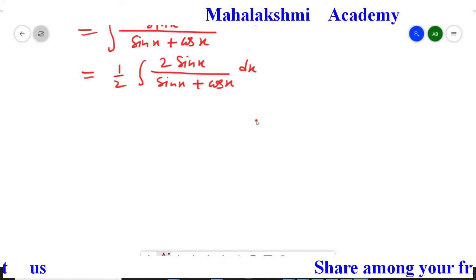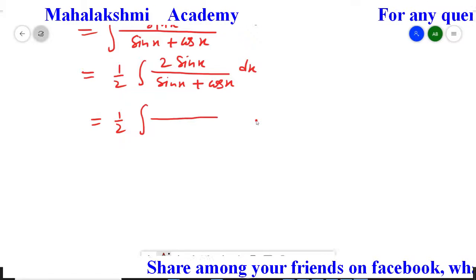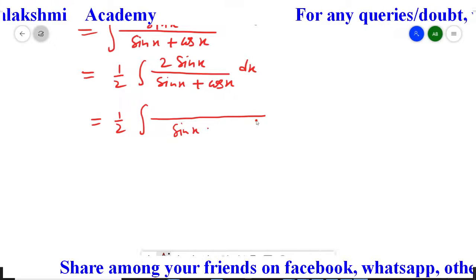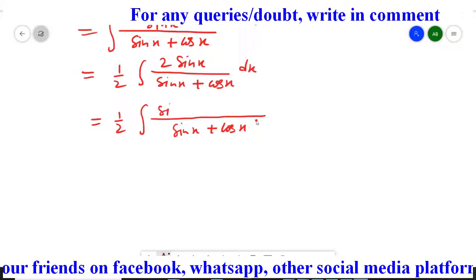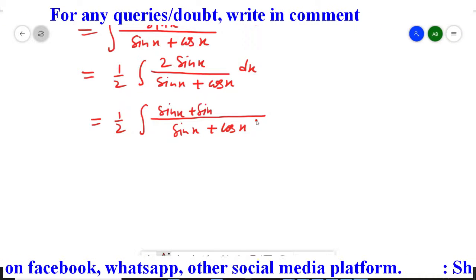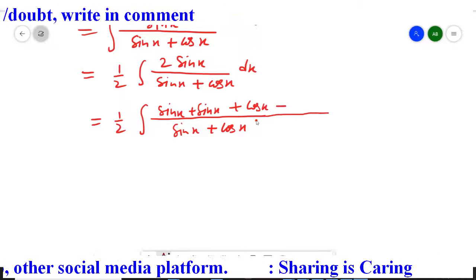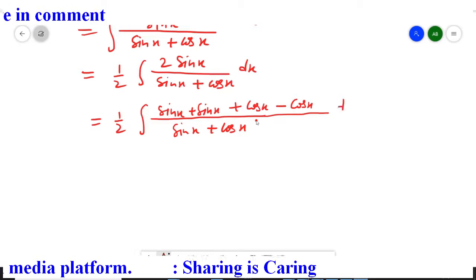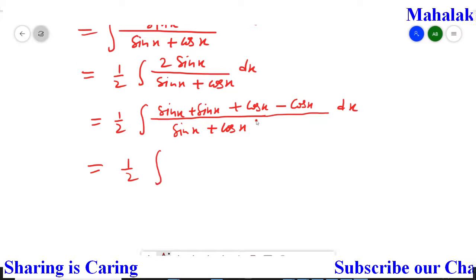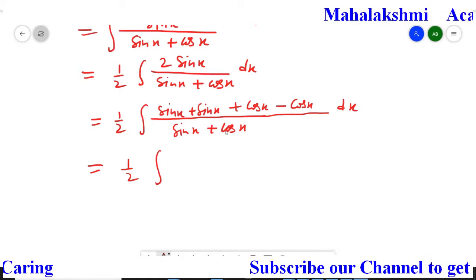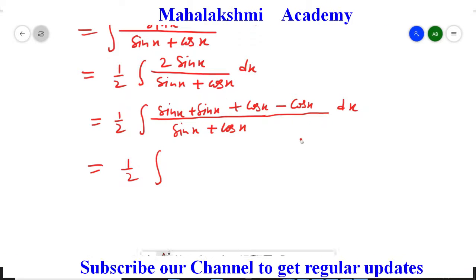Now half integration of this, the denominator I am going to write down as it is, sin x plus cos x, and this 2 sin x I am going to write down 2 times, that is sin x plus sin x, and once I am going to add cos x and the second time I am going to subtract cos x, so that the meaning remains the same. Now I am going to make the groups. So here students, since we want sin x plus cos x, with this sin x just take plus cos x, and then the remaining is going to be in the other group.